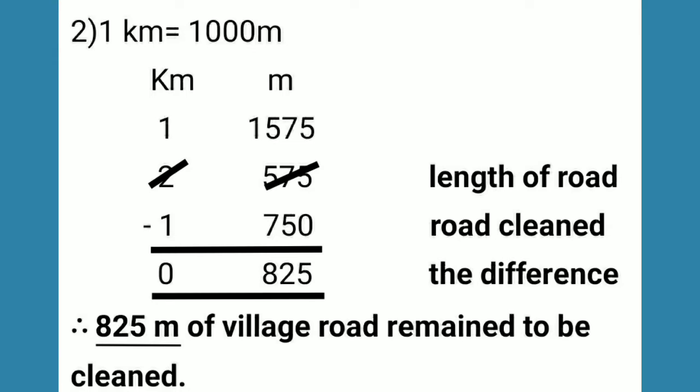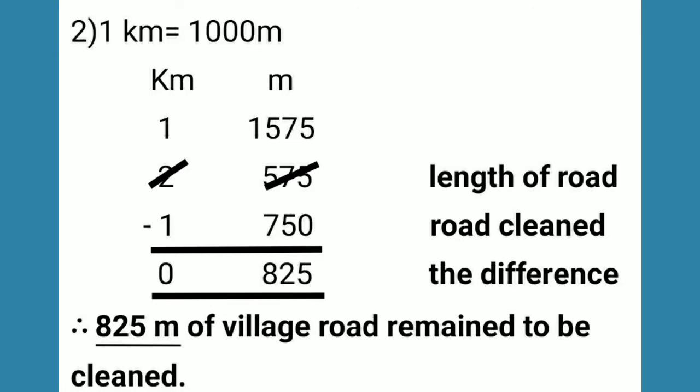be cleaned, for which we'll have to subtract the length of the road cleaned by the students, which is 1 kilometer 750 meter, from the total length of the road, that is 2 kilometer 575 meter. Now we know that we can subtract 1 from 2, but we cannot subtract 750 from 575, for which we'll have to borrow 1 kilometer from 2 and add it as 1000 meter to 575, which gives us